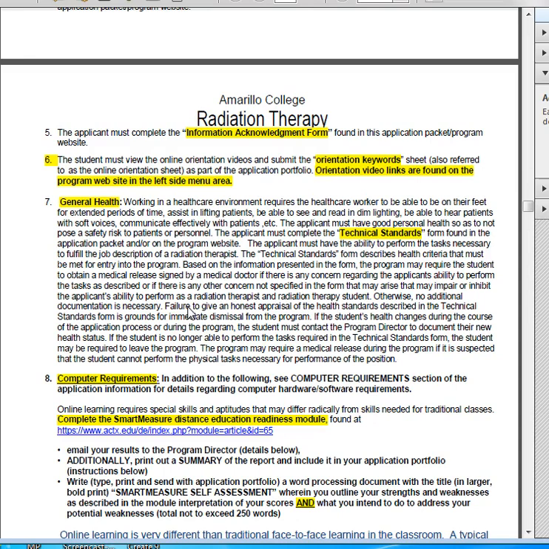Also being able to see and have good vision in low light and be able to read information. So really just check out that form that's a little bit later on and make sure that you can satisfy those requirements. If you have anything that you're concerned about, any physical condition or illness or anything that is not specified in the documentation but you feel is something worth bringing up as a possible impediment to being able to fulfill the physical requirements of being a radiation therapist, please bring that to my attention, because we want to make sure and get you all cleared for those kinds of things before you would be accepted into the